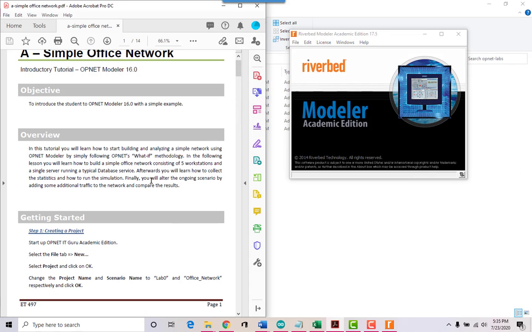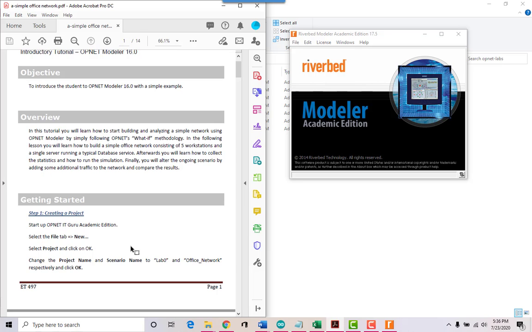This is going to be a simple network. It'll have 5 workstations and a single server running a database. We'll collect statistics after we run the simulation, and we'll have some additional traffic to the network and compare the results. So basically just follow the instructions.